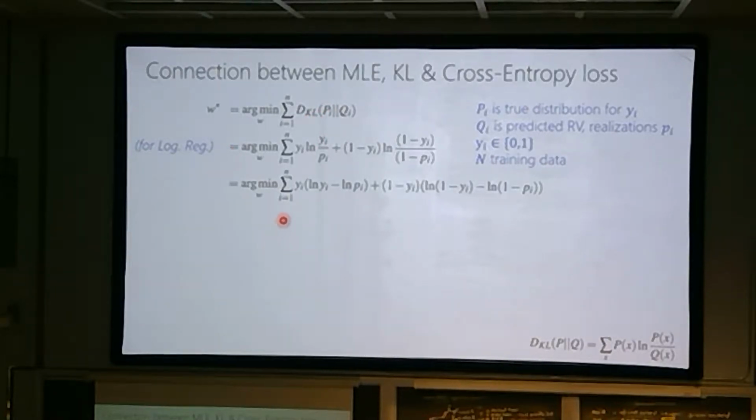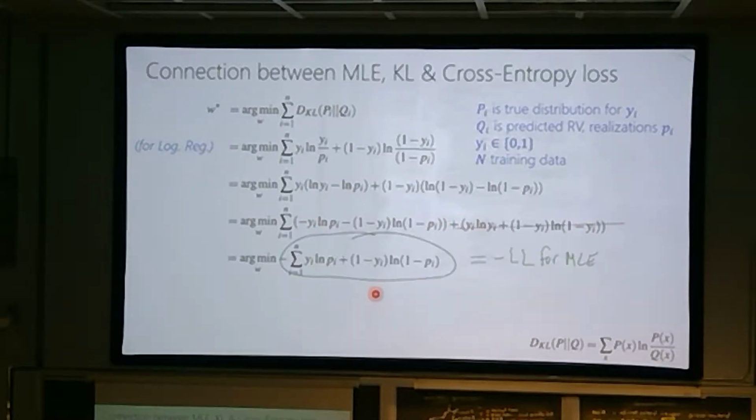And then I can play around with the math and push it around in a few ways. And just remember always that yi here is the true data labels, and doesn't contain our parameters, w. Pi is what's hiding the sigmoid inside of it, and the parameter w. So I keep pushing stuff around, and what you'll see now is this has been arranged in a particular way where pi does not appear anywhere in here. This is only constants and yi's, which means that w does not appear in here, because w is only hidden inside of qi, which means I can basically get rid of that because I'm doing an argmin over the parameters.